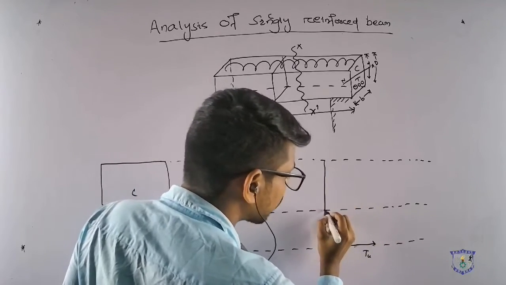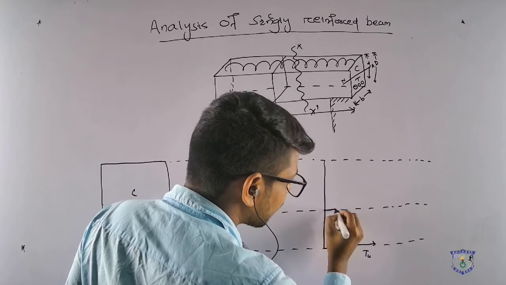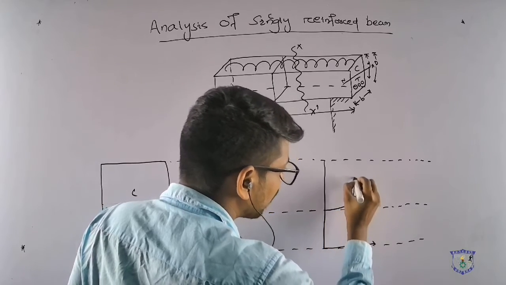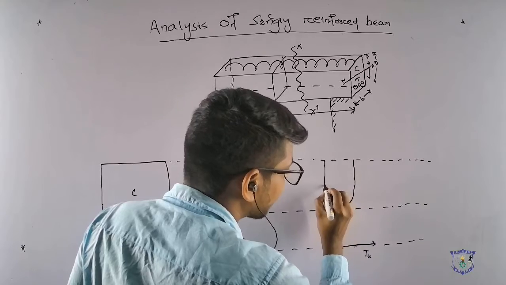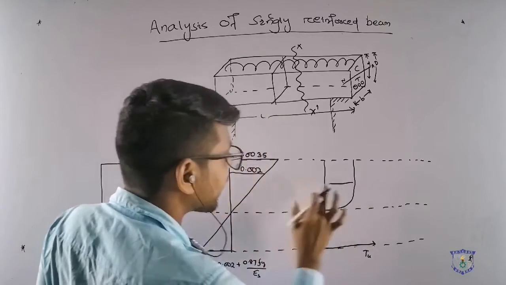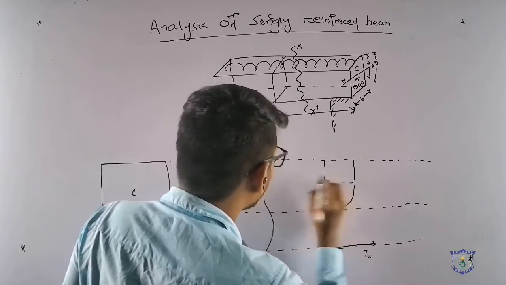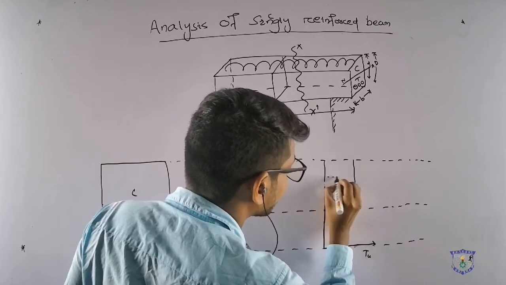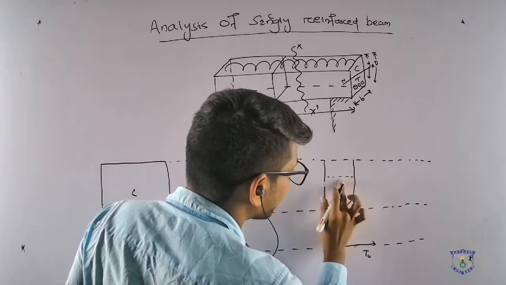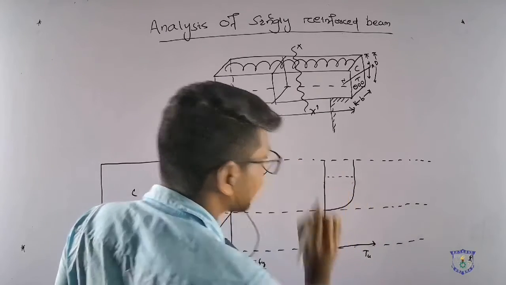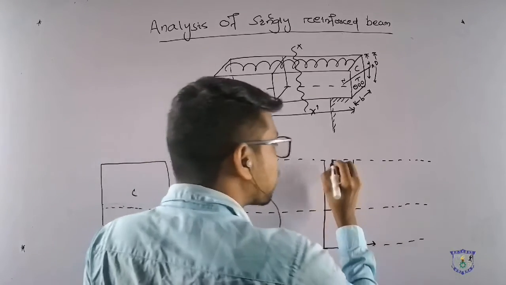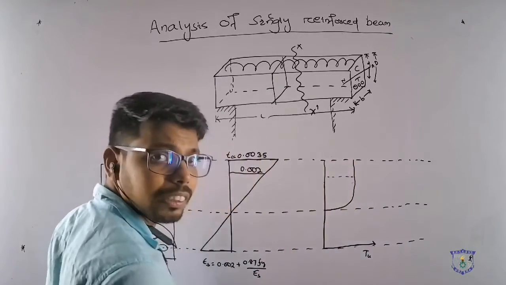Now this will be a parabola. After that, it will give a rectangle, and this rectangle is denoted from this axis. Getting my point? Then whatever the force developed here,